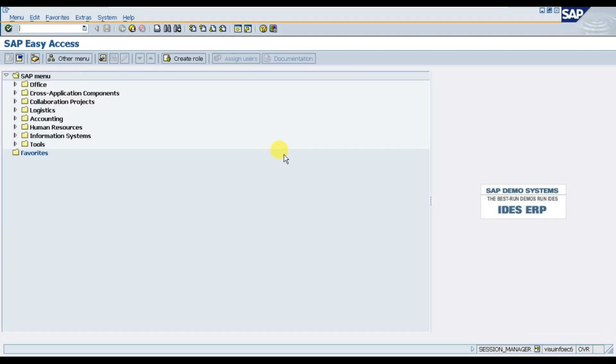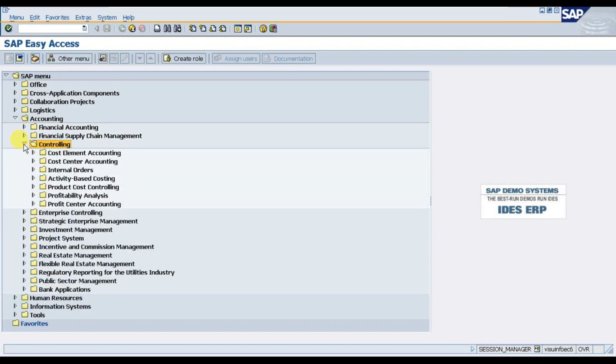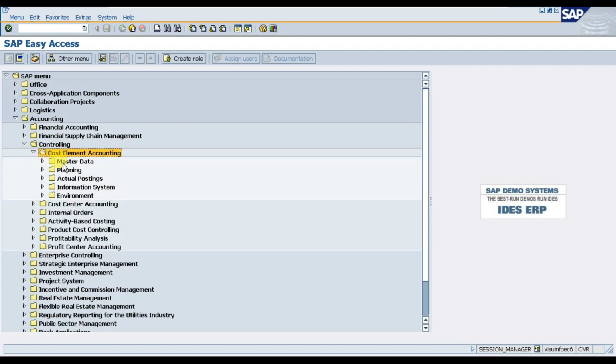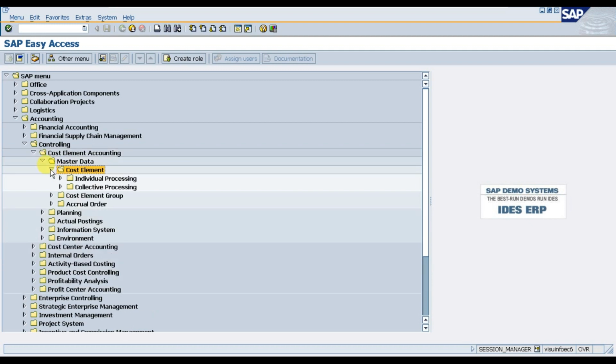I'm going to open another new session. You need to go to Accounting. In Accounting we have this Controlling module. In Controlling we have Cost Element Accounting. In Cost Element Accounting you need to click on Master Data. In Master Data we have Cost Element. In Cost Element we have Individual Processing,